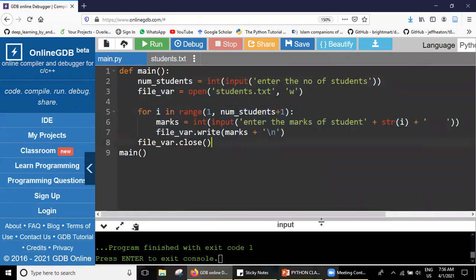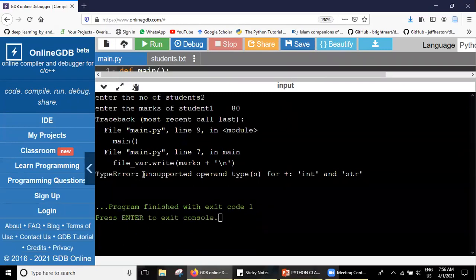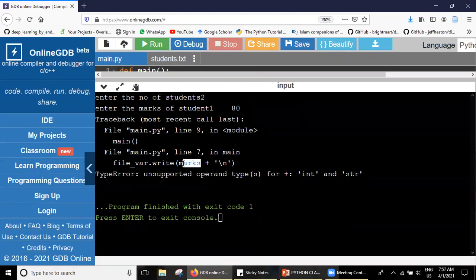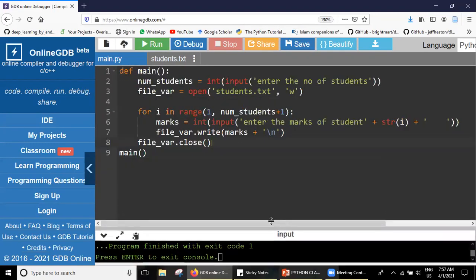The line 7, it says unsupported operand type plus, integer and string. It says that this is an integer and this is a string. How can I operate? No problem, let me remove this.